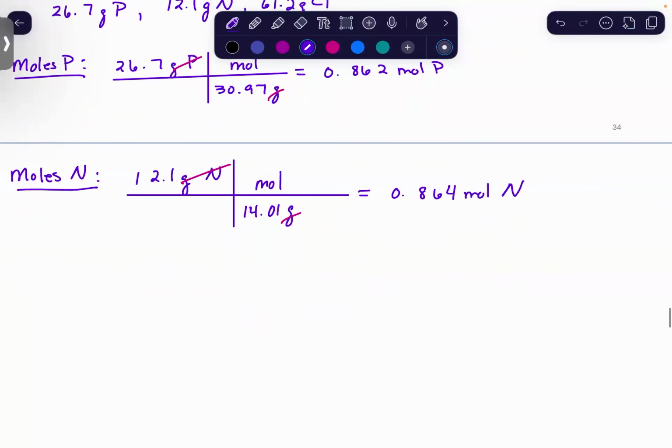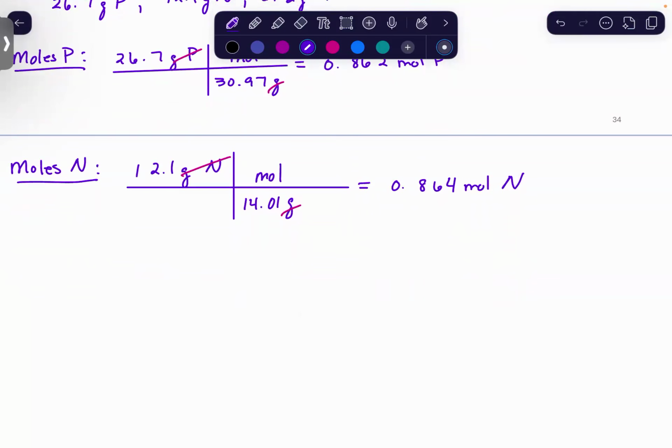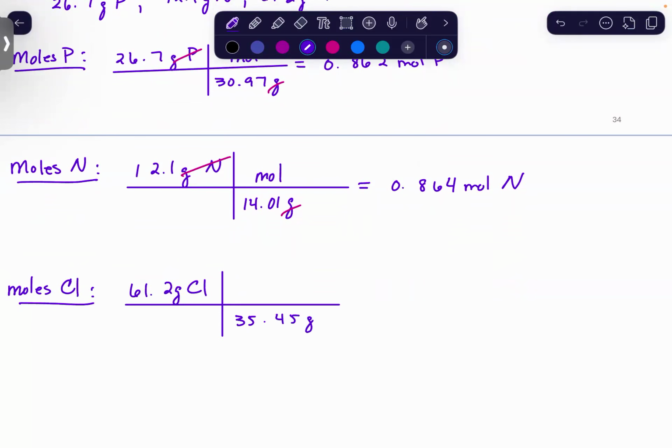All right, now we'll do the same thing for chlorine. All right, so I start out with 61.2 grams of chlorine, and chlorine is 35.45 grams per mole. Grams cancels out, and I get 1.73